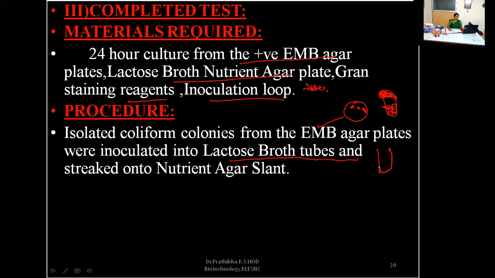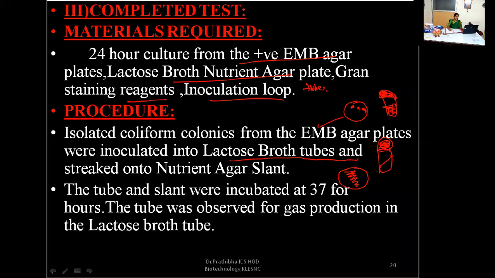You can take the nutrient agar slants and streak this positive confirmed test of the coliform bacteria, or you can also inoculate it into the nutrient agar plate. Inoculate in nutrient agar plate for the completed test. The tube and slant were incubated at 37 degrees Celsius